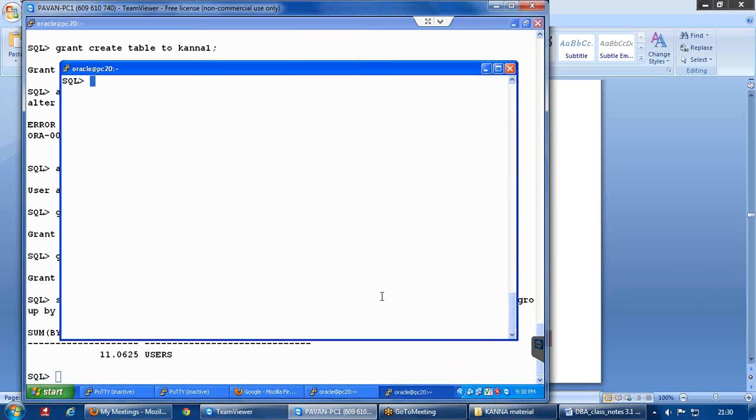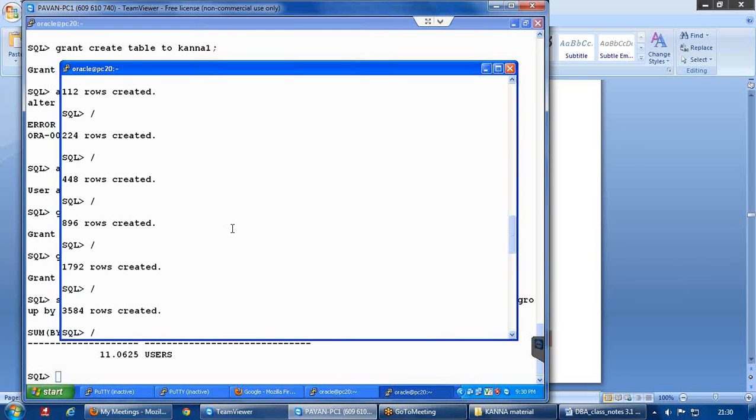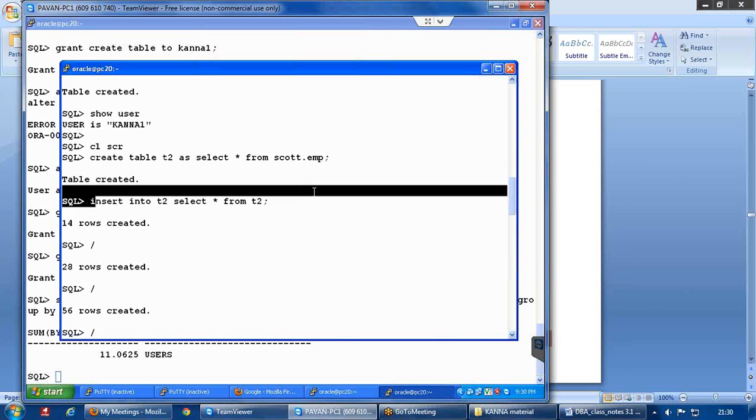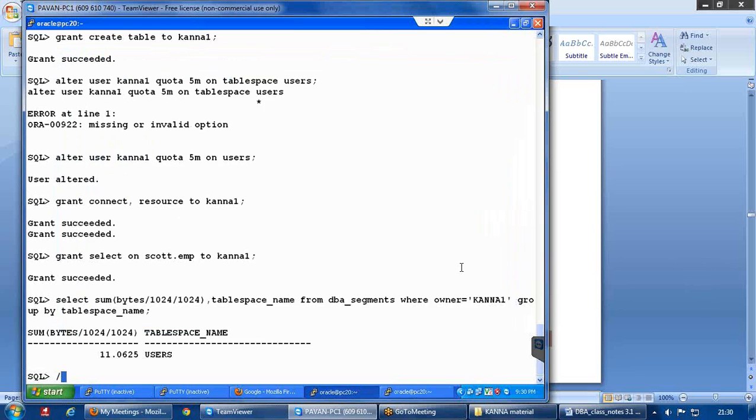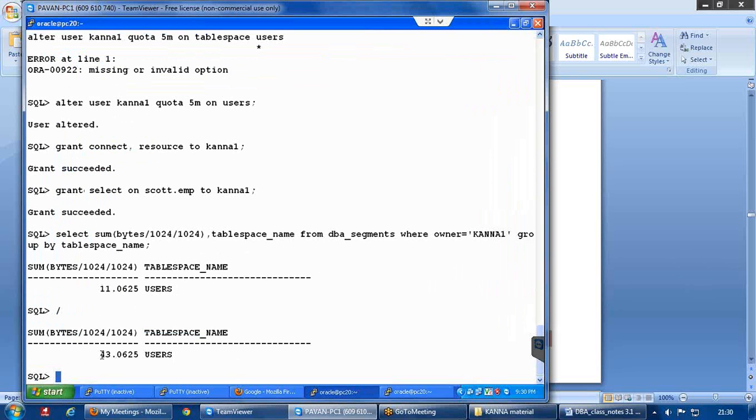And still you can increase that. And now you can see 11 became 43. So even though we specified 5 MB clearly, how is it using 43 MB?